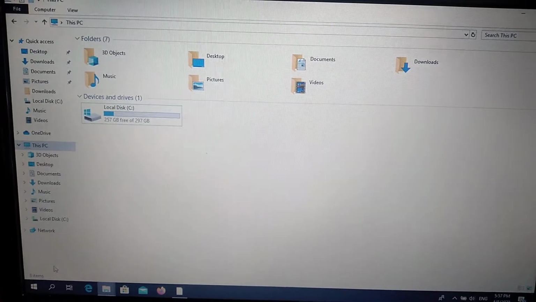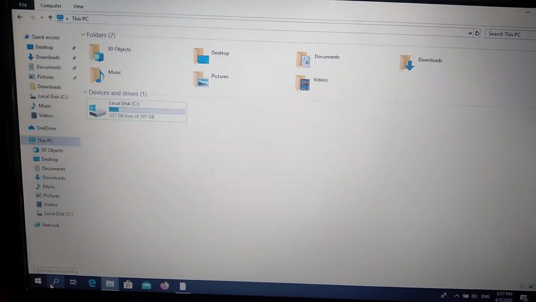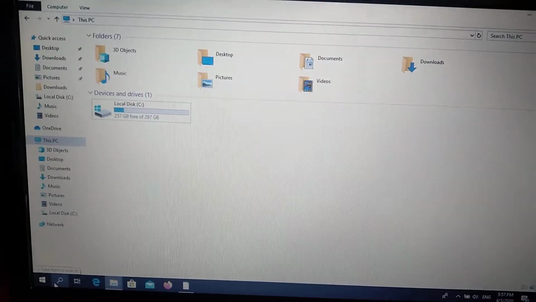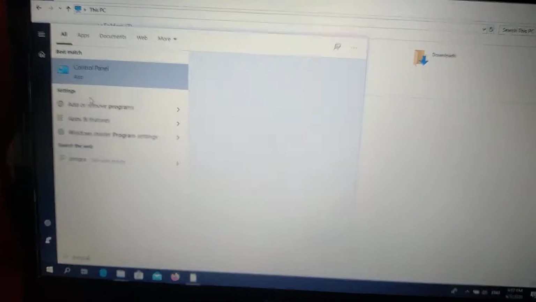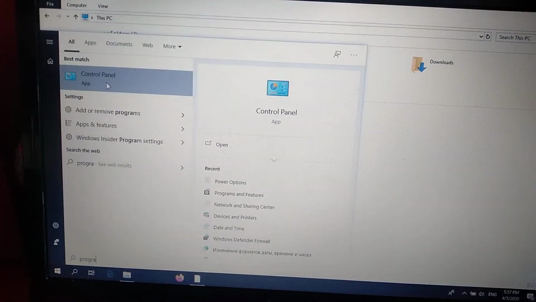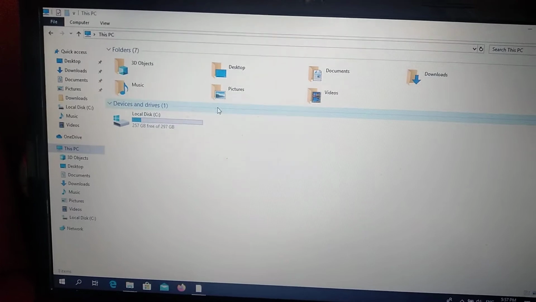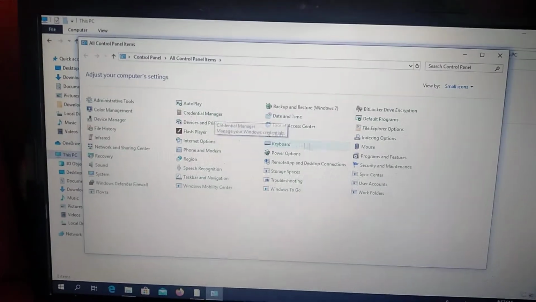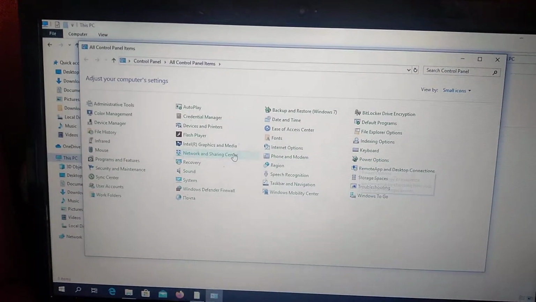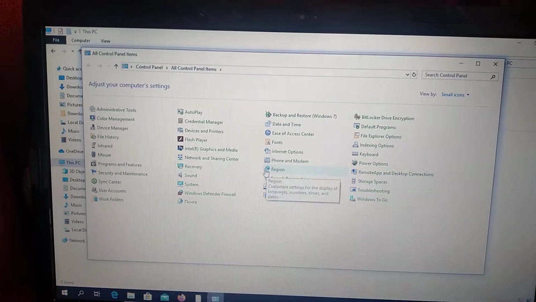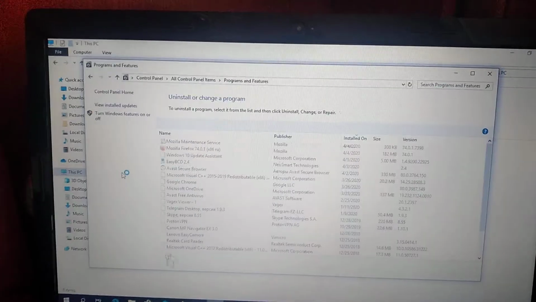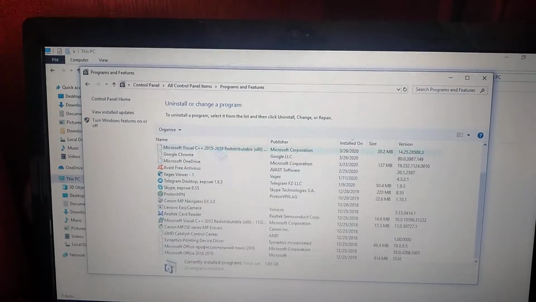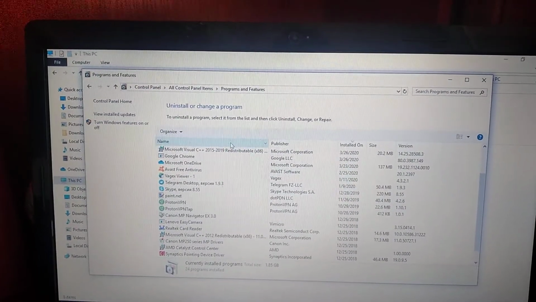Second way, if it doesn't help you, you can also go to search and write here programs. Here you can see Control Panel app. Just click on it and choose Programs and Features. So where it is in the first column, just click on it, Programs and Features, and you just need to